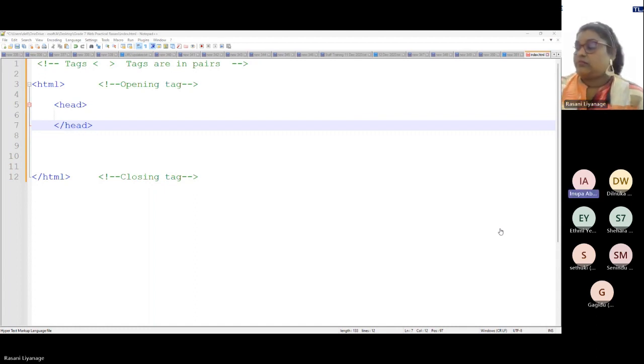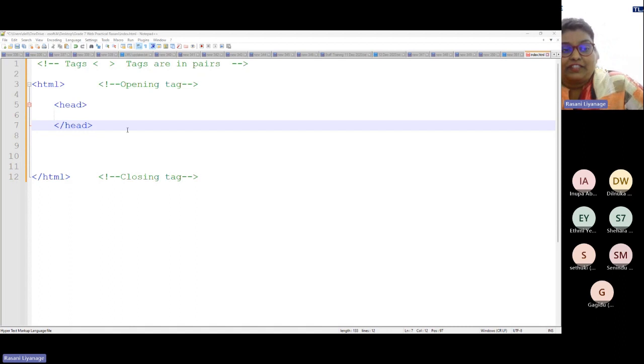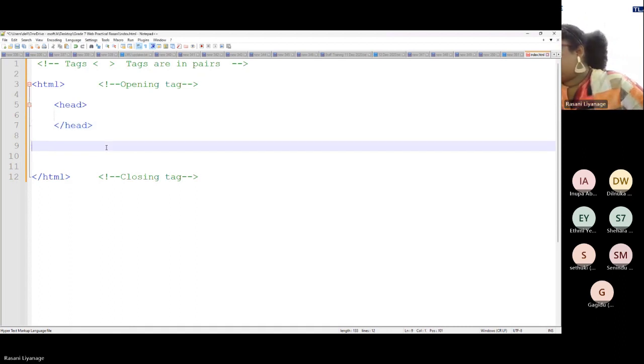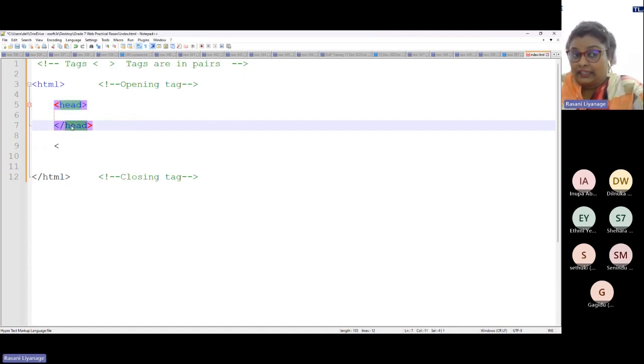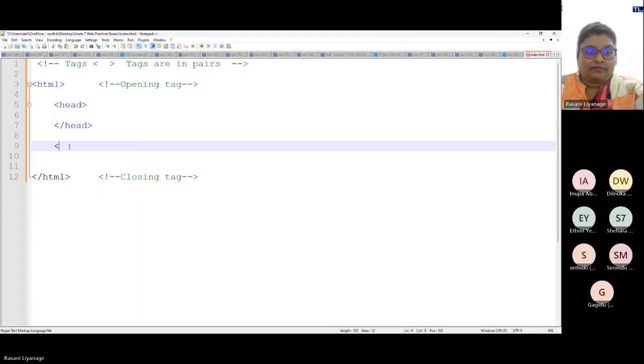Madam, so that head one should be changed into body? No. First head, after that body. There are two heads, teacher. No, open and close. See, first is head and second is head with a slash in front. The slash is on the keyboard key with the question mark. Slash head.